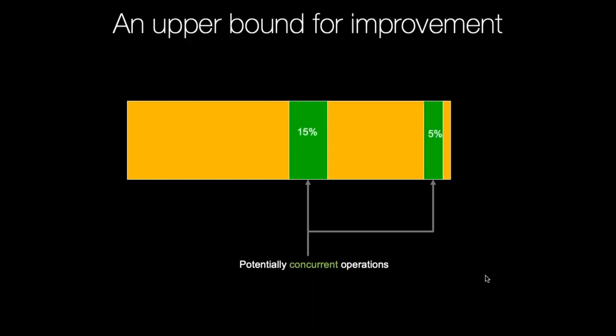So some parts of our program will be parallelizable and some won't. And if we say, well, this is 15% here and that's 5% there, if we had unlimited parallelism, right? I have 12 cores, but imagine I had 1,000,000 cores. If I had 1,000,000 cores, I could make this program go 20% faster, right? That's some sort of insane edge case. You can only basically make the green go to 0 at the very, very best. And of course there's overhead and that's not realistic. So this program, maybe it's a good candidate if you really need that 20%, but it's a trade-off. I'll show you a bunch of examples where that's not the case.